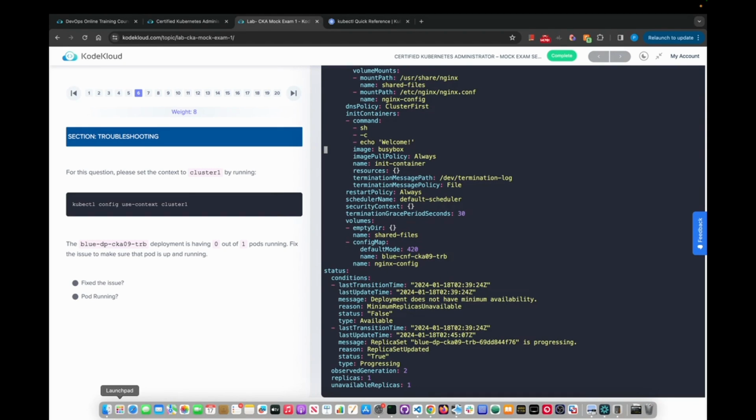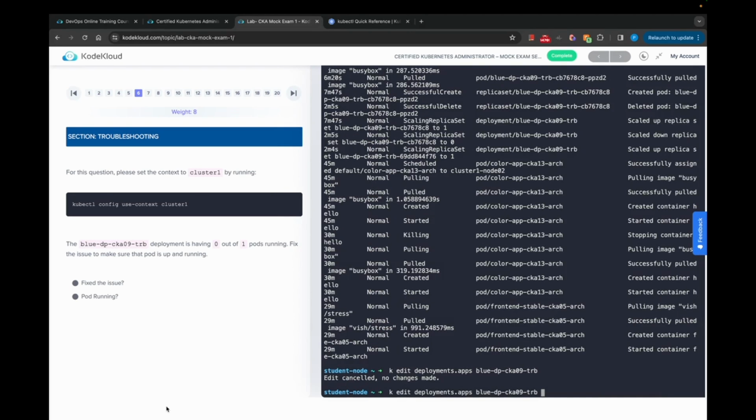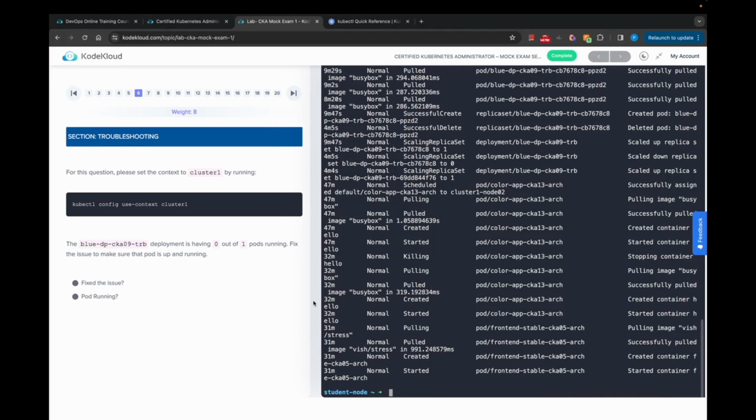Let's see. Now let's go back to what the error was, right? So I'm going to quit this, and we got details when we did the kubectl get events, right? And then I'm just going to kubectl get events, and then I'm just going to dash dash sort-by equals dot metadata dot creation timestamp. This is right. Could be wrong, but